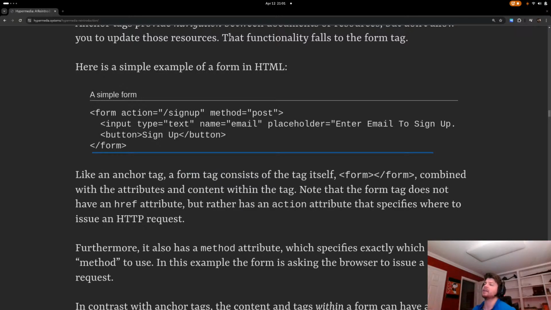Like an anchor tag, a form tag consists of the tag itself, form, combined with the attributes and the content